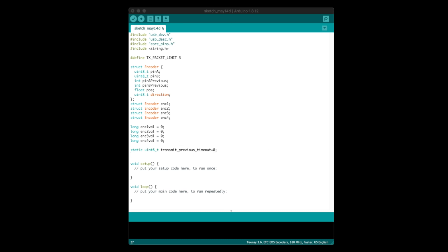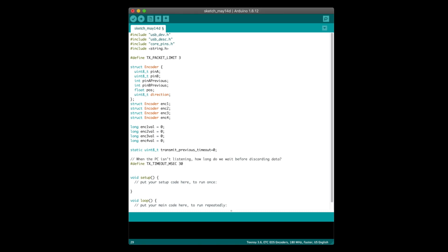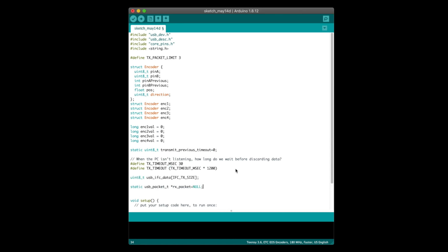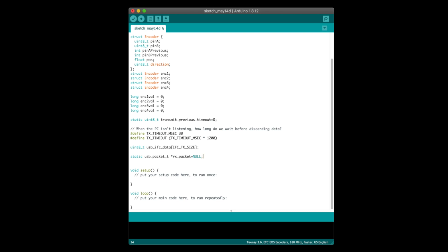Some more USB stuff. I'm lifting this from some of the other Teensy USB code for the configurations that were already in the menu. You can find this code in the same folder as USB disk. Here, this USB IFC data array is where we'll put our outgoing packet before sending it. And RX packet is where we store incoming packets, which, if you recall, will give us the header for our reply. Init encoder just sets up one of those encoder structs,